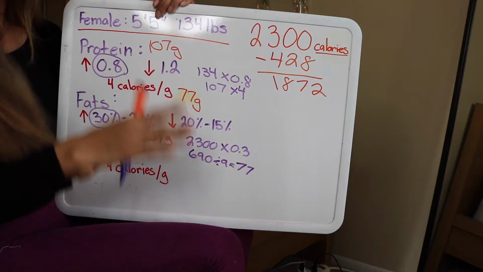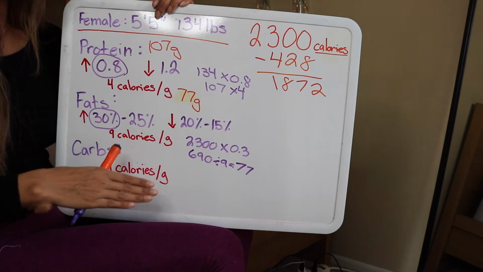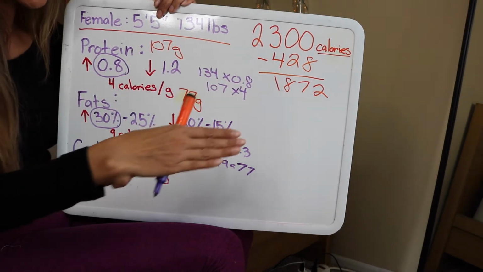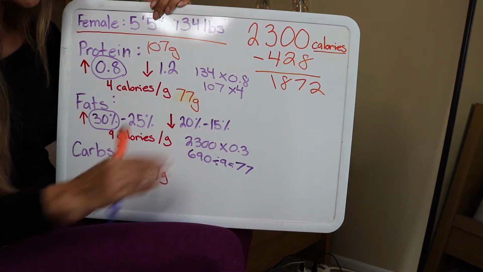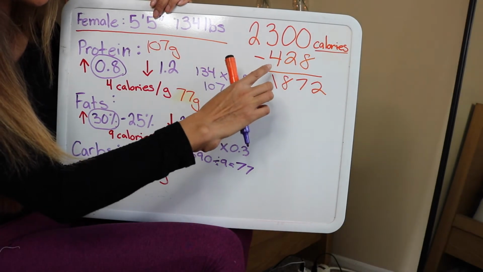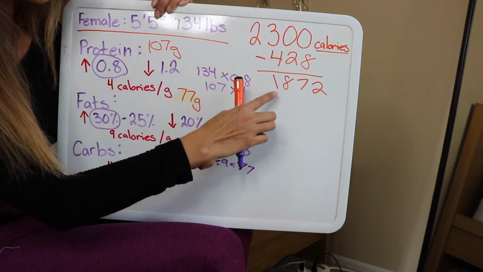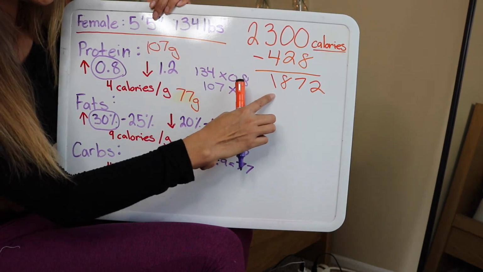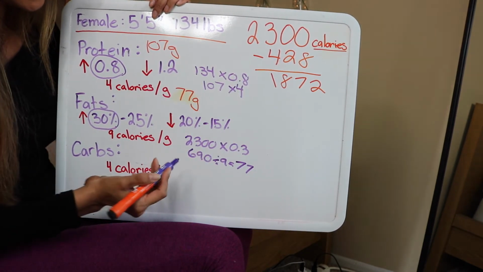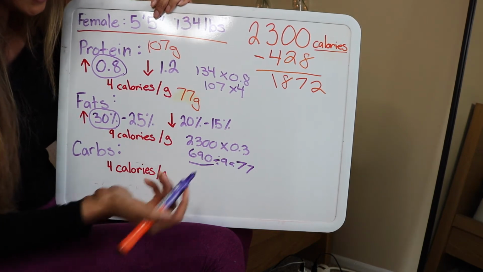Now pretty much everything else that is left of the amount of calories we have is going to be designated for carbohydrates. So I start at 2,300. I'm eating 428 calories in protein. That will leave me with 1,872 calories. I did some math here and I found that I'm going to be eating